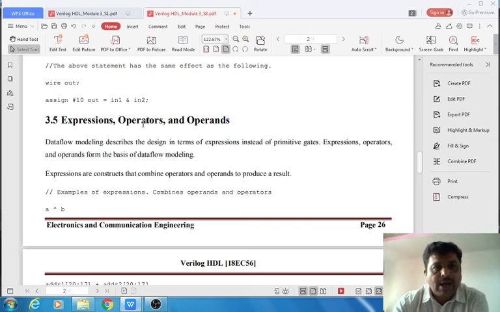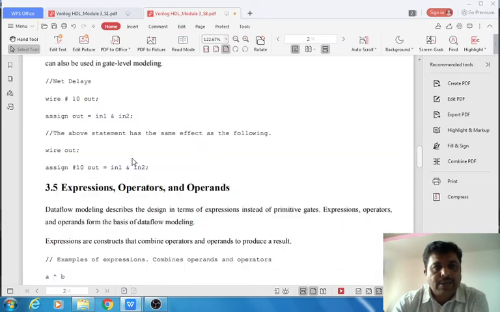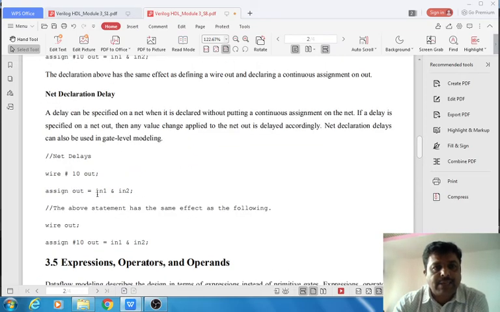Similarly, operators: based on the present values of the operands in1 and in2, you perform the respective operations or functionality by using the different operators we discussed in module 1, such as logical operators, relational operators, shift operators and rotate operators.